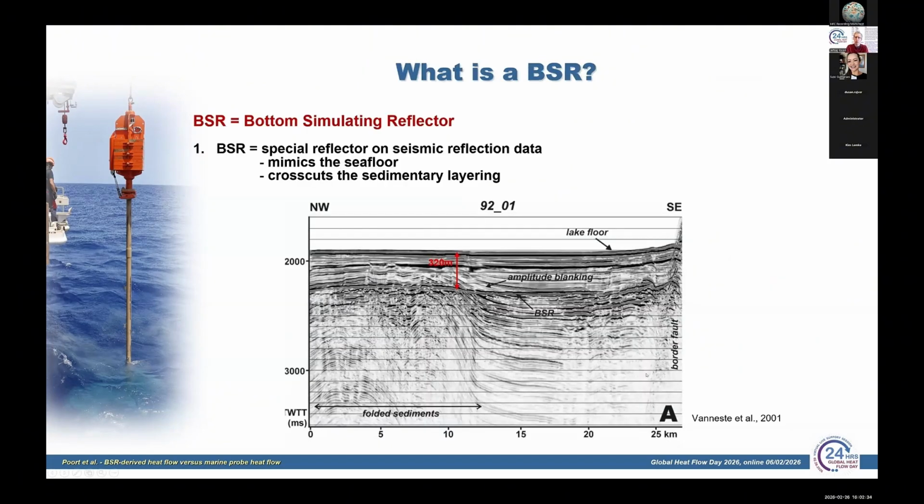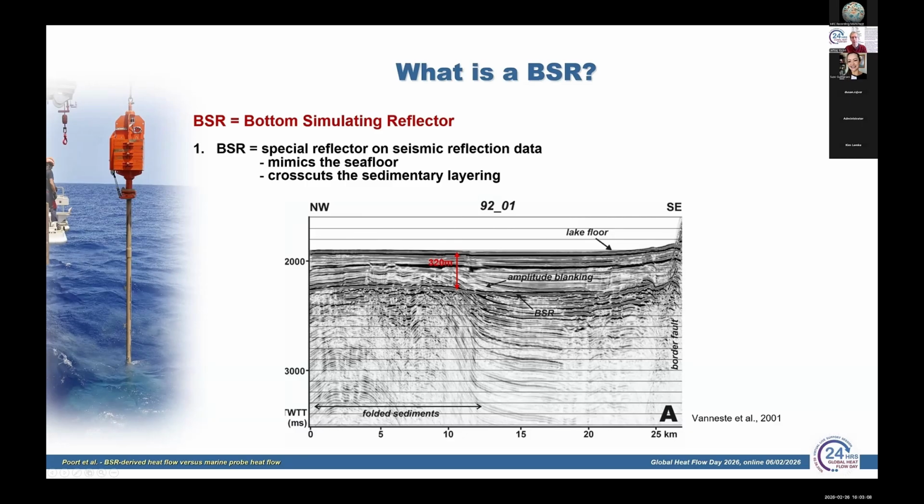Okay, so what is a BSR? For people who have never worked on seismic profiles, a BSR is an acronym for bottom simulating reflector. So it's a special reflector that can sometimes be observed on seismic reflection data. As you can see here on the example, this is again an example from Lake Baikal. And you can see that around 320 meters below the lake floor, there is a relatively strong